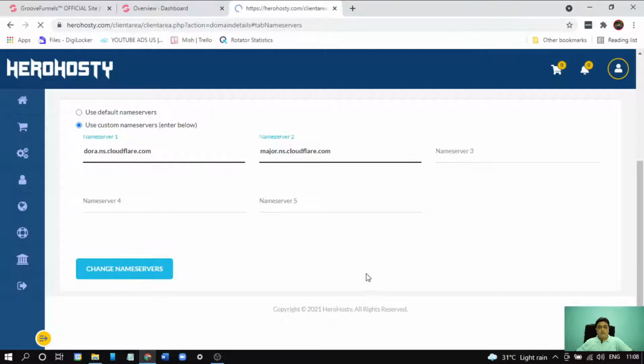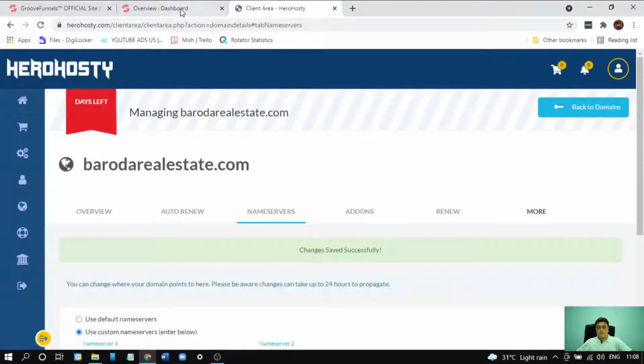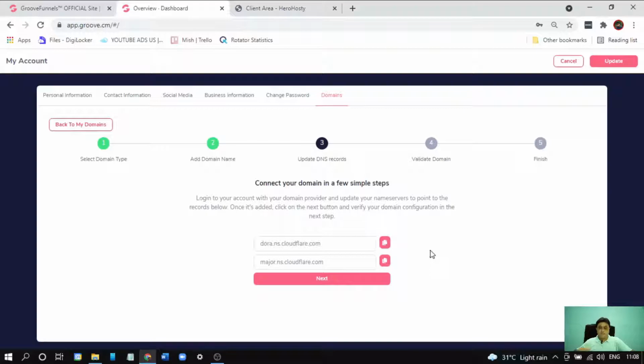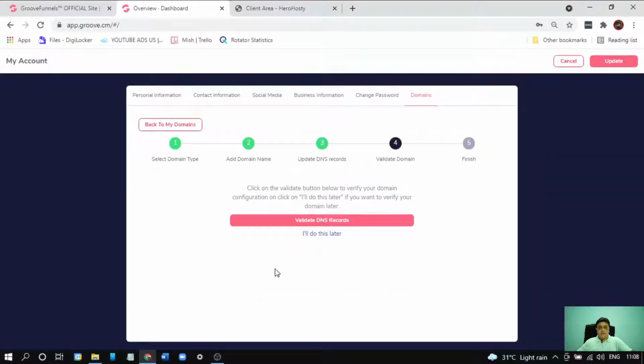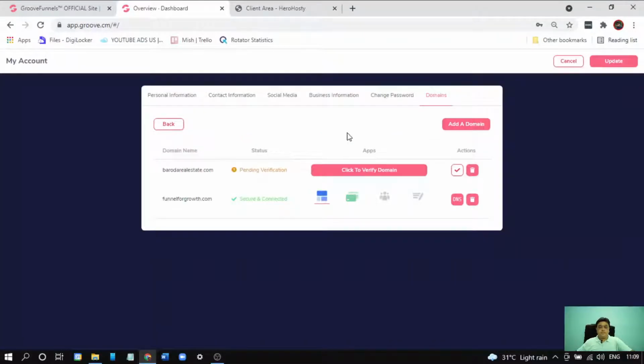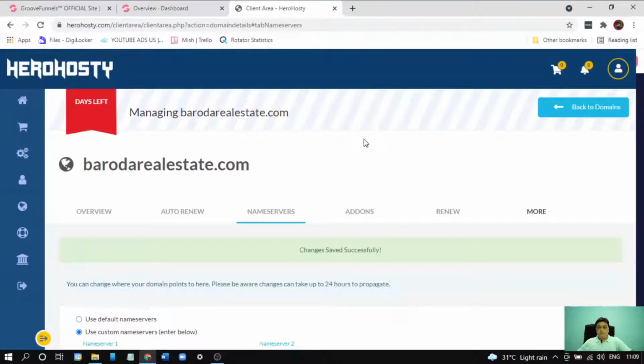Now we have to wait for some time. Till then we click on next. Now click on validate DNS record. Now we have to wait for the name server propagation.